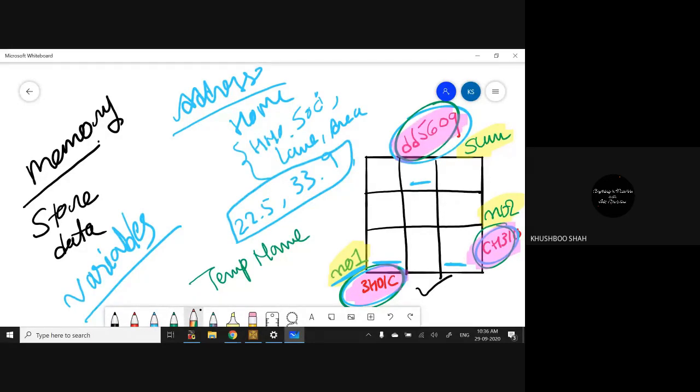Now, as we just ran the program, in NO1 we entered 5, so it will store 5 over here. We entered 3 in NO2, so it will store 3 at this position. And when it does the addition, it will store the answer over here. So this is the way the computer stores data inside the memory using variables.